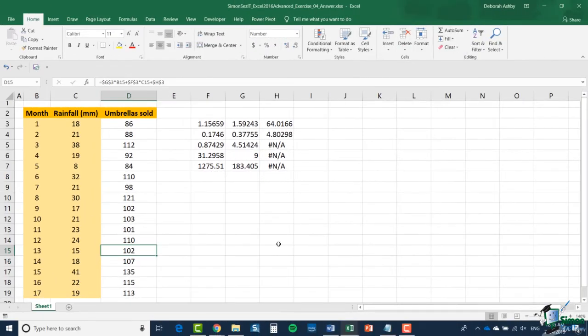So that's exercise 4. With any luck, you'll end up with the same predictions as me for the number of